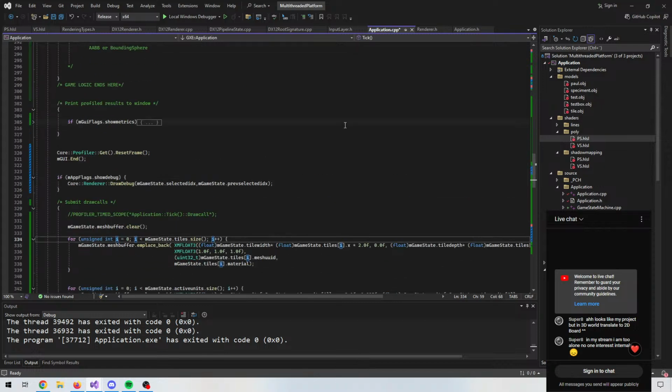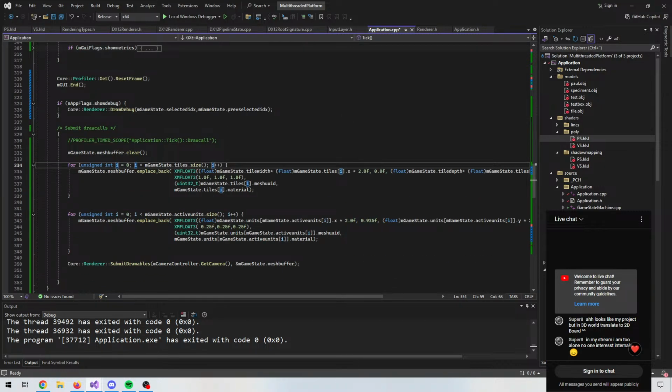But I guess in order to wrap this up, since we have implemented the basic shadow mapping here, we should probably